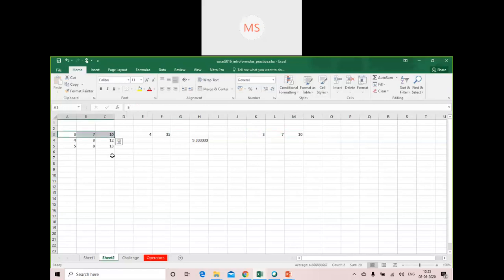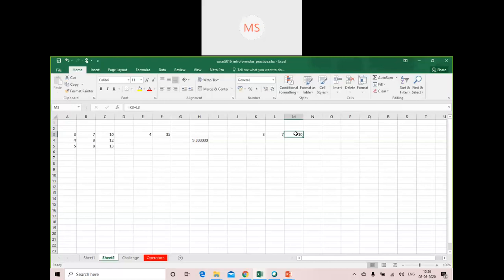What I copied has the cell value A3 plus B3, and the moment I copy it here, it becomes K3 plus L3. So whenever I use a cell reference and copy it somewhere else, it changes its reference automatically. This kind of cell referencing is known as relative cell referencing.